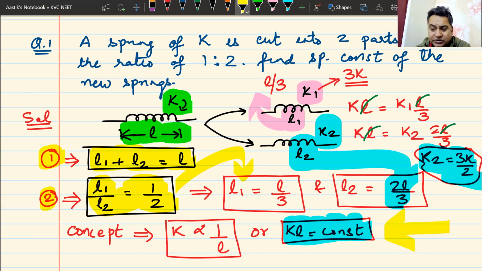You can get a question on this straight away in your NEET exam, and that is why I have done it. Even though it was not a part of this chapter, probably a part of the chapter on spring constant, it doesn't matter. If I'm teaching you springs, I'll teach you everything that you should know about springs. So I'll end today's lecture here. We'll do one or two questions on the parallel and the series combination of springs as well. That would be in the next class, and I think your next class will be on Saturday. So we'll do that on Saturday.